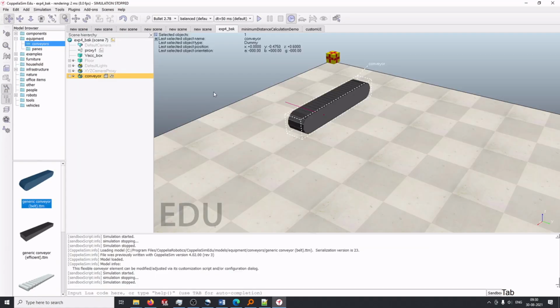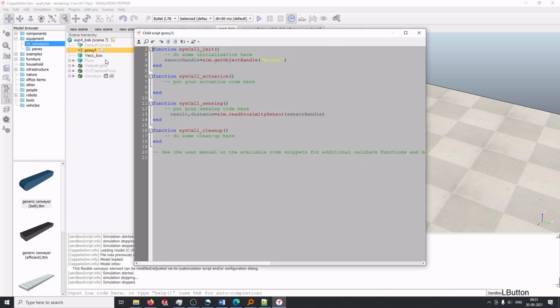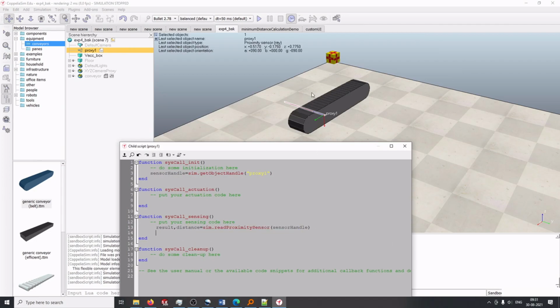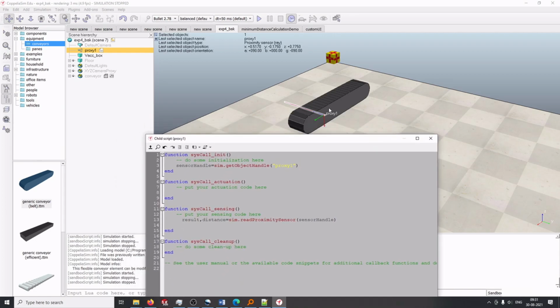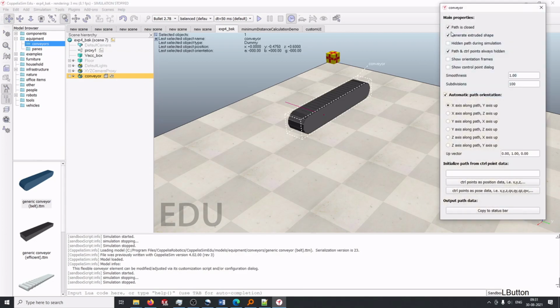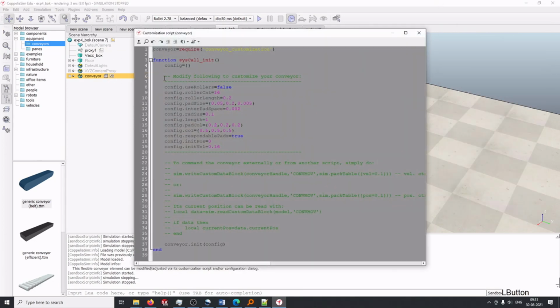So now for the detection, I won't go into depth because that was already taught previously. So we tell the script that this is the proximity sensor object, and we get the readings from that using this command, right? So the script knows that once the object is detected, it will get the output. So now the next step is to control the conveyor system velocity, so that when the box is detected, it should stop, right? So let's see what's in the predefined script.